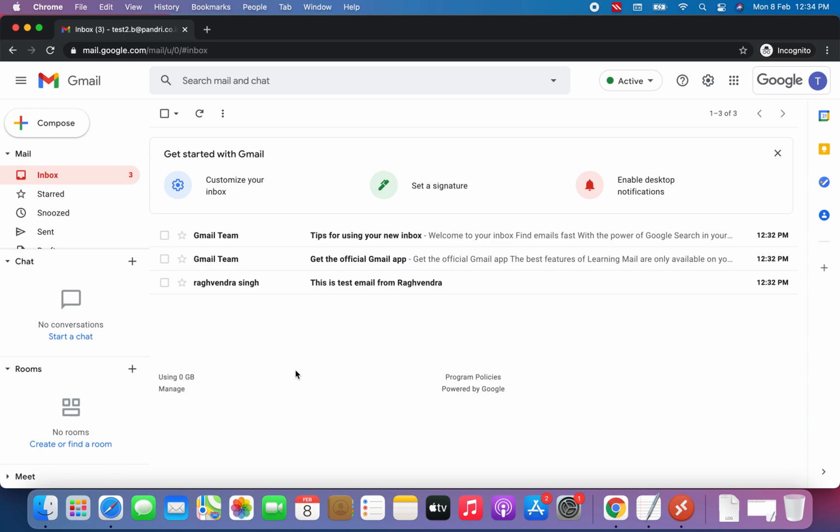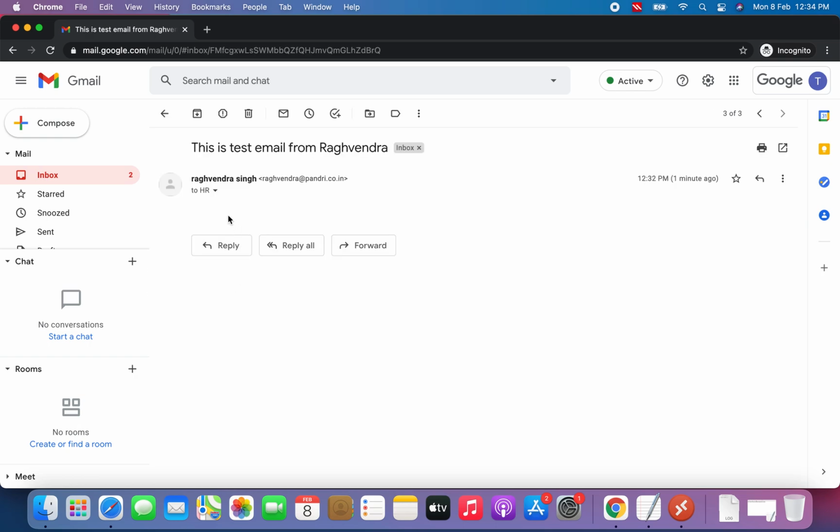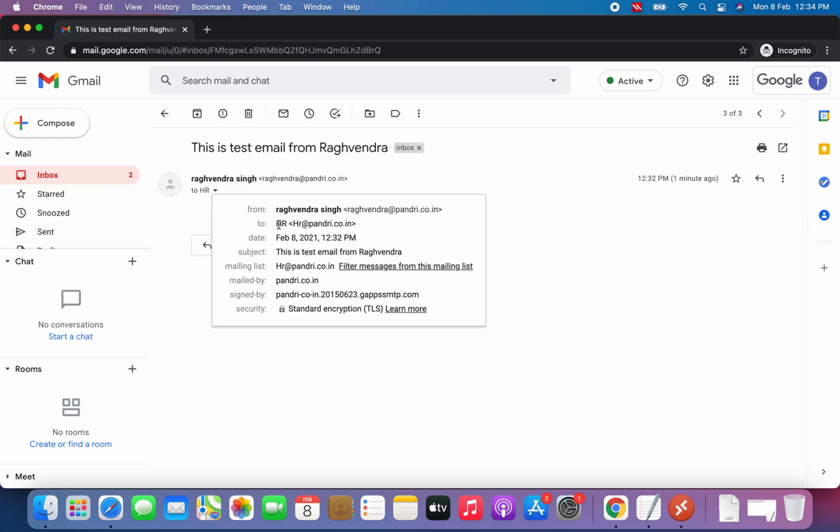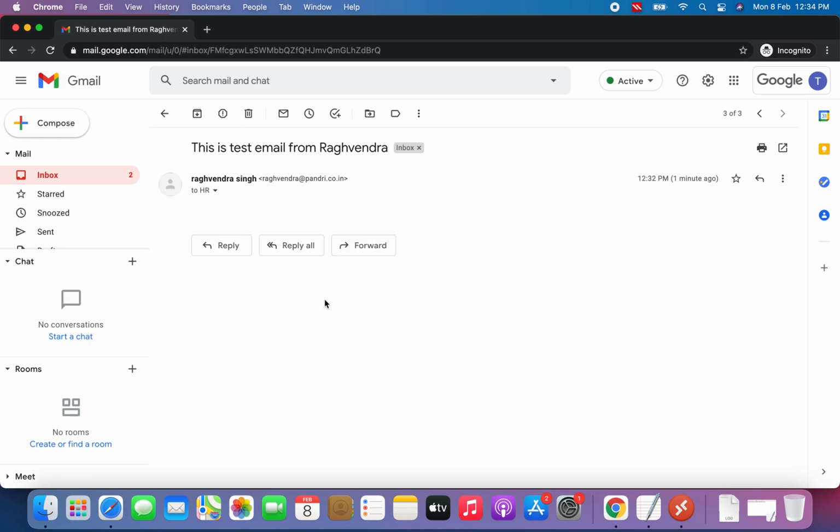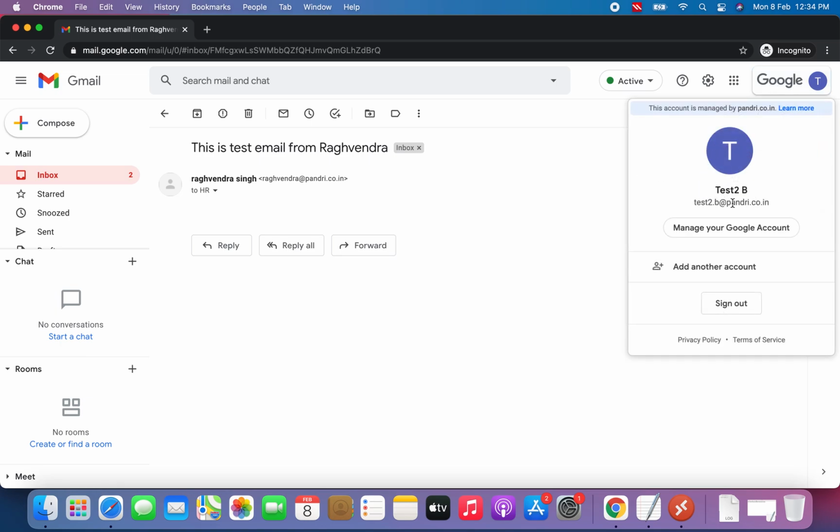Here I should have an email from Raghavendra which was sent to HR. Here you can see this email was sent to HR but received by this particular user. Why? Because this user is part of the HR group. That's why this user is able to receive this email.